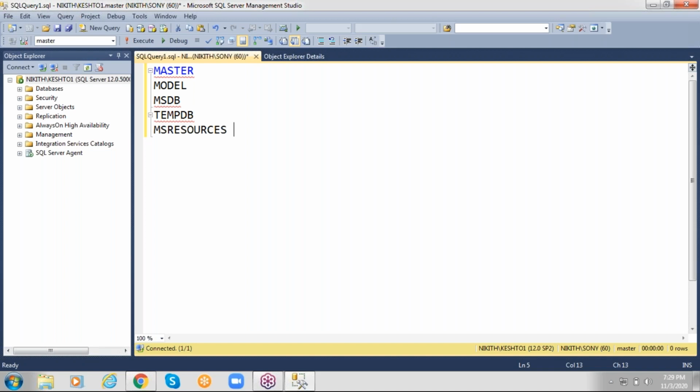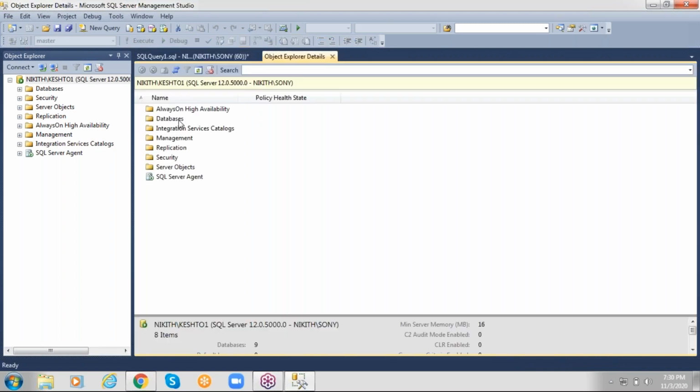For that, the structure will be given by model, we already discussed. Along with the structure, functionality is also required, right? Who is giving functionality? That will be given by MS Resources. But MS Resources is basically a hidden database. After connecting to Management Studio, you can see master, model, MSDB, TempDB, but you cannot see MS Resources database because it is a hidden database.